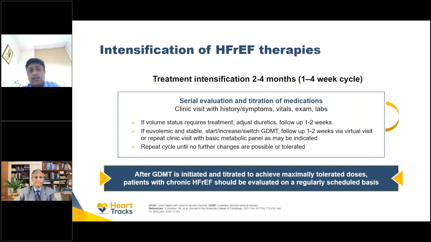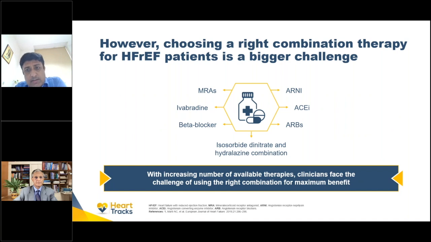So these are the drugs which are there in our basket, and we all are aware of these drugs. ACE inhibitors and ARBs, beta blockers, we have been using for long, but only almost 30 to 50% of the patients receive these drugs. Mineralocorticoid receptor antagonists are also disease modifying drugs and have been shown to decrease mortality. ARNIs, I will not say it is the latest in the armamentarium, but yes, it is one of the drugs which have been shown to have an added benefit even in those patients who are taking ACE inhibitors or